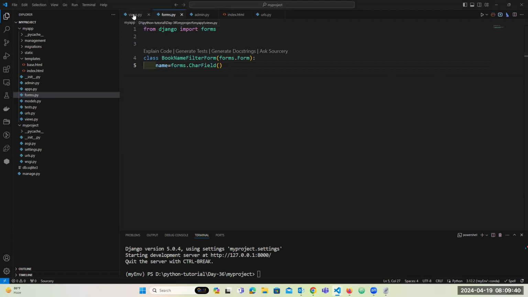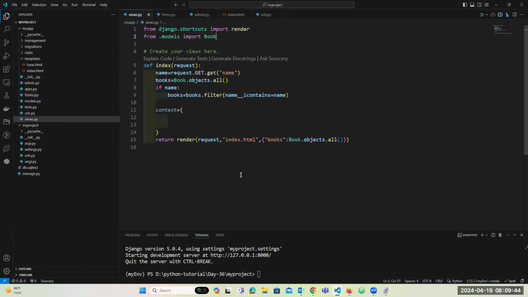Okay, so the view is there, where I need to use the book filter. So the context is equal to something, my form is equal to FRM form, colon